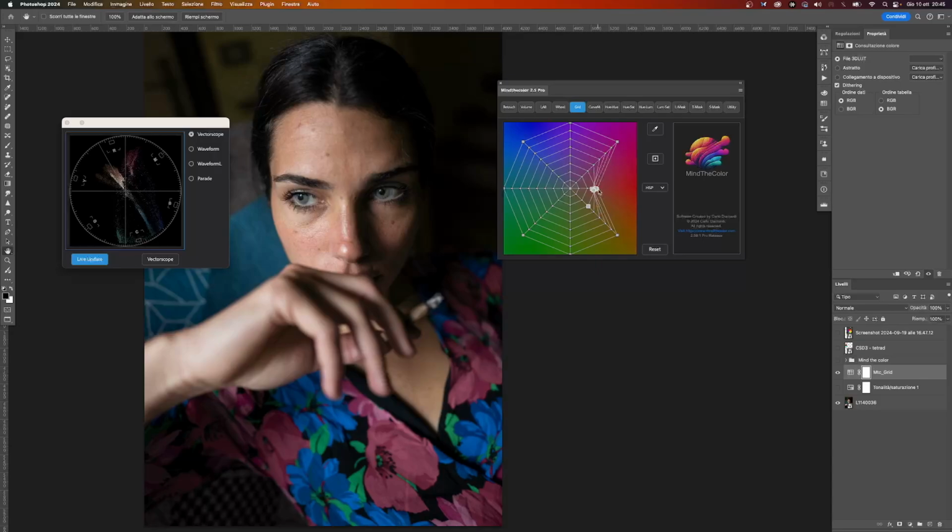It's so fast and so precise. I can change the hue of these red flowers again without touching the skin tone. So now these flowers are more orange and less saturated. But I bring them again where they were, but with less saturation.